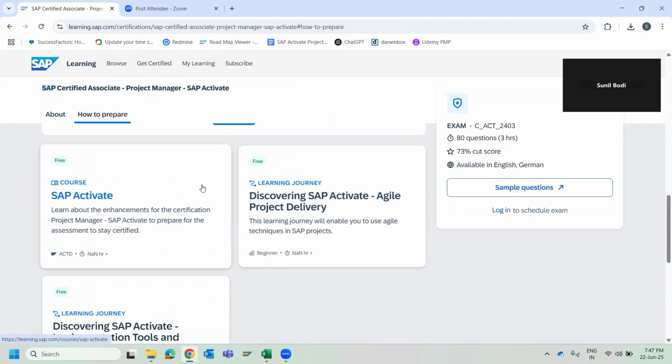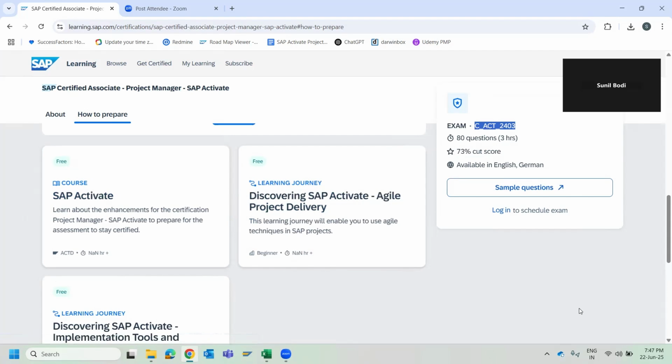In terms of the exam, what to expect? Your exam is going to be 80 questions, 3 hours, and the passing score is 73%. So make sure when you're booking your exam, you book C_ACT_2403. It is mandatory for you to note that this particular exam and the contents are related to the course given by SAP in this time frame, which is June 2025.